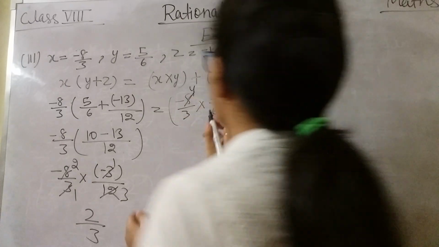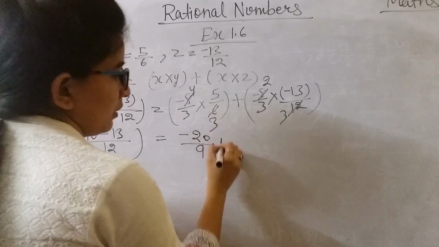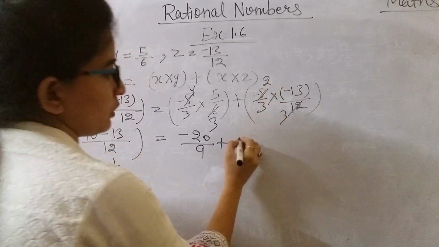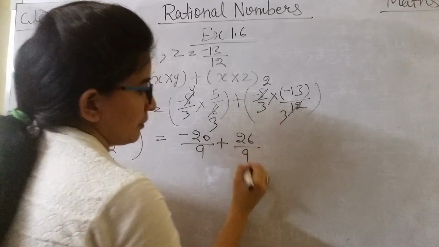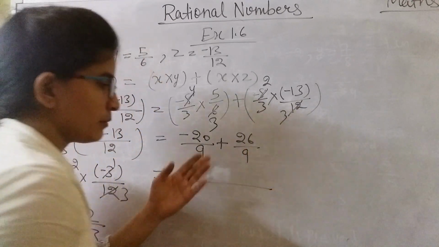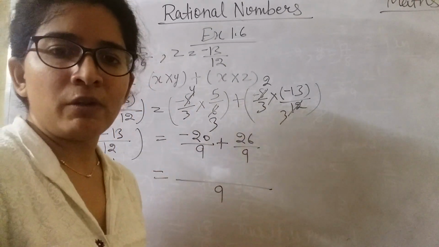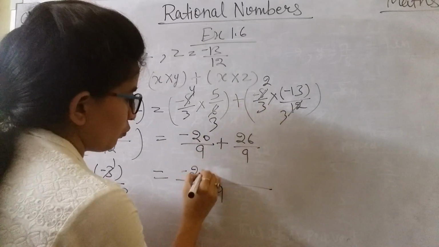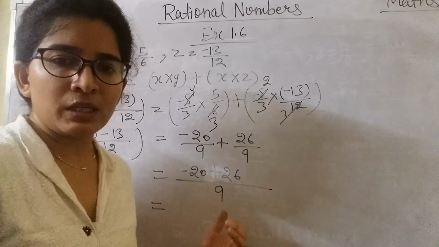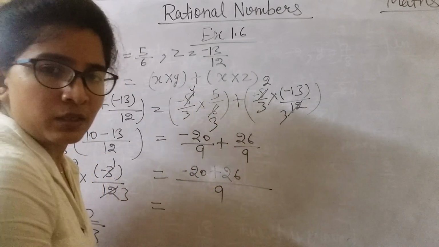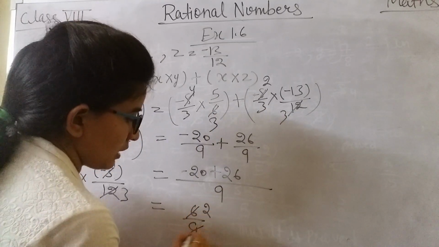After shortening this way, we will move ahead. That would be 5 4 za 20 and 3 3 za 9. From here we will get 13 2 za 26, minus would be plus and 3 3 za 9. So the LCM of 9 and 9 would be 9 and the numbers on the above side will remain the same. So we will have 20 plus 26. Now one positive number and one negative will be subtracted. So we will have 6 upon 9, that is 3 2 za 6, 3 3 za 9.